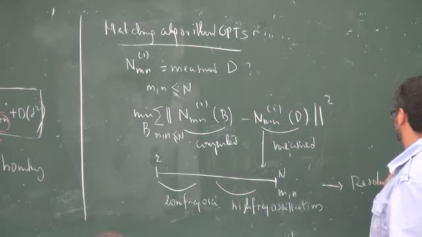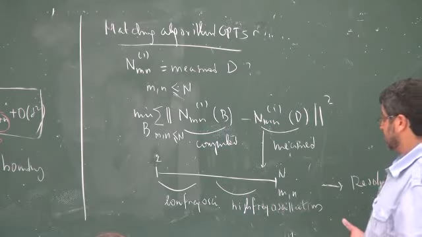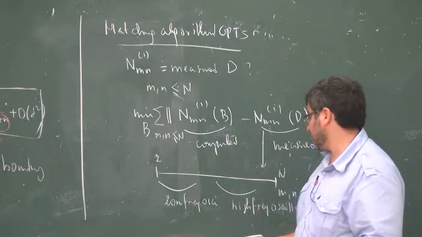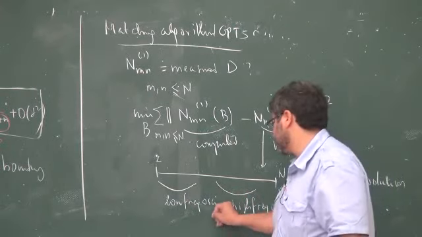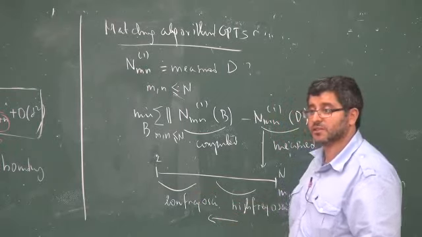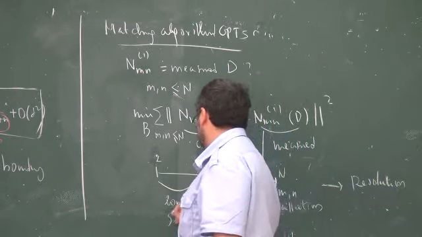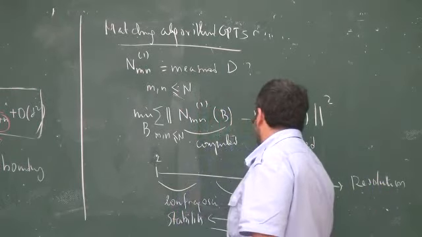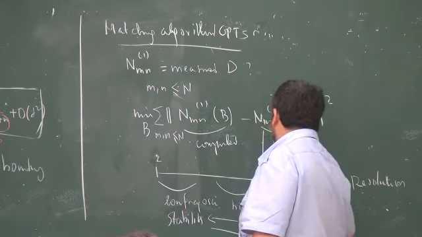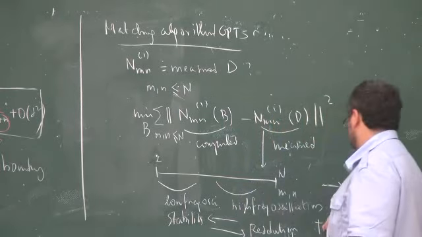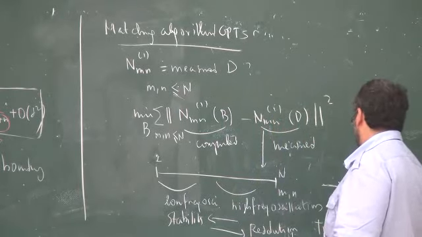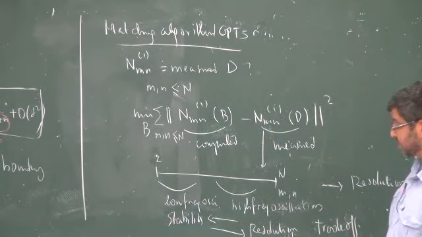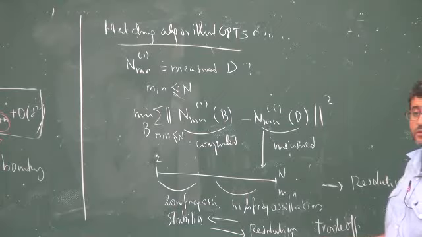So you will lose the resolution. Because when you minimize low frequency information plus high frequency information, the algorithm will choose low frequency information because it contains stability. So this direction is stability. This one is resolution. And there is a trade-off. If you want resolution, then you become unstable. If you want stability, then you lose the resolution.